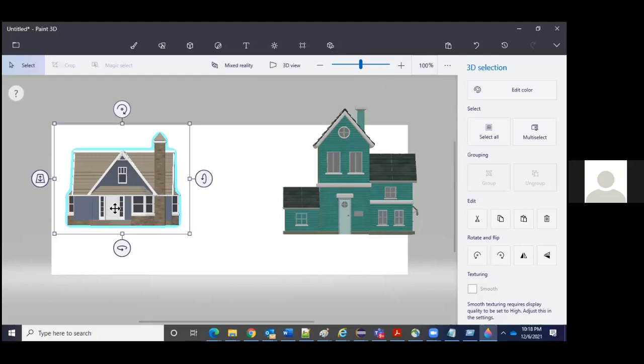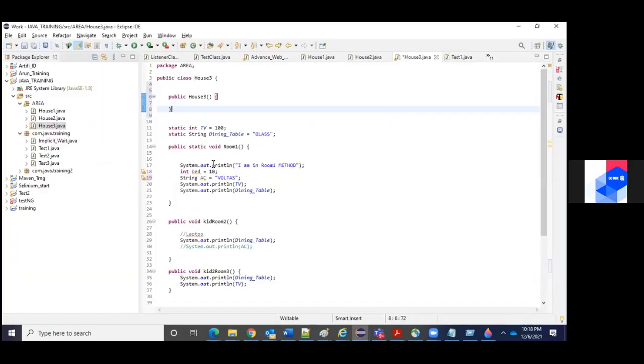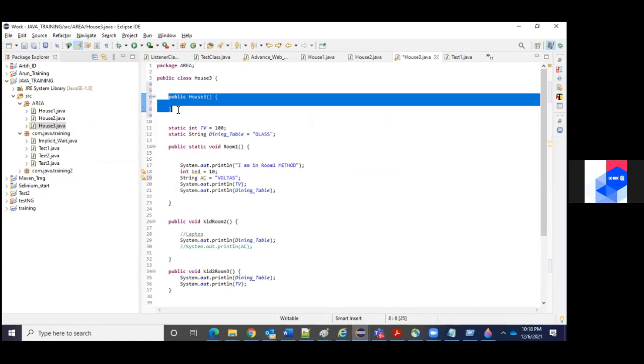In the same way, if you specify a constructor here, you can make use of a few things out of it. What those few things are, we will see in the future, after 10 minutes. But up to now, just understand there should be a default constructor whether you specify it or not. But if you specify, you can write it like this.